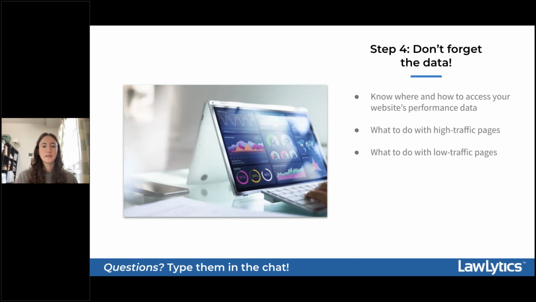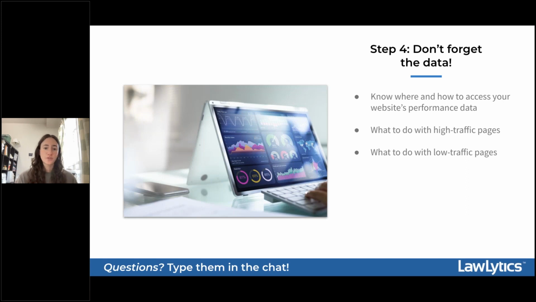And my last tip of today is to not neglect your web performance data if you're strategizing how to get high quality leads more consistently. Data is important because, for example, if your pages on your website produce fantastic leads while others result in poor quality leads, that's really vital information that you can use to understand your potential clients and improve your marketing at the same time. And as a good starting point, I would take a 6-month report of your website performance and